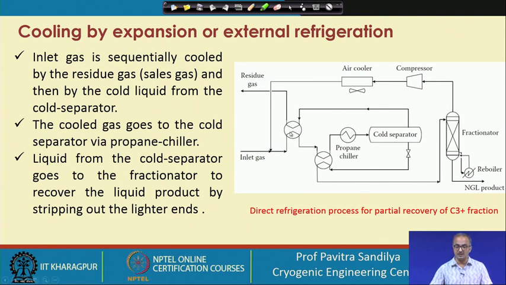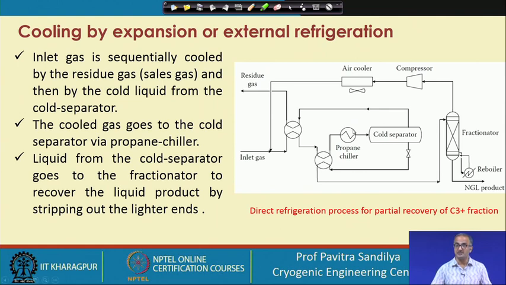So first it is done there and then we take it to this another heat exchanger. Here we find the inlet gas is again getting further cooled by the liquid which is coming out from the cold separator, and then it is going to a propane chiller. Now about the propane chiller we have learned in our previous lecture. Please understand this, even though we are showing it here with a single symbol, it is not a single unit, but a kind of a cycle. It's a refrigeration cycle in itself.